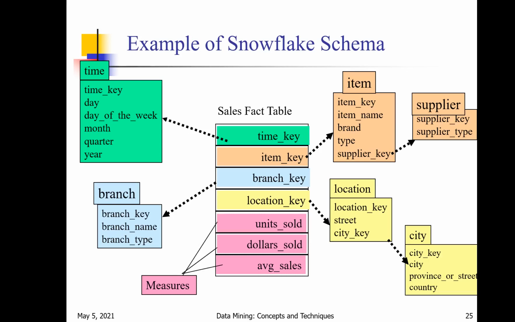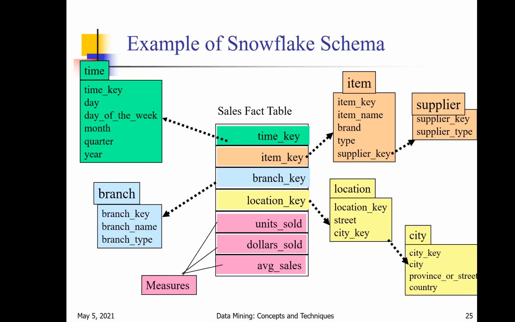Here the dimension is divided into two dimensions, and one dimension can have a connection with the other dimension. That is the difference between the star schema and the snowflake schema. You can see, there each dimension is individual. Here one dimension is connected with the other dimension using some key. That's why it looks like a dimensional hierarchy, as we can say.